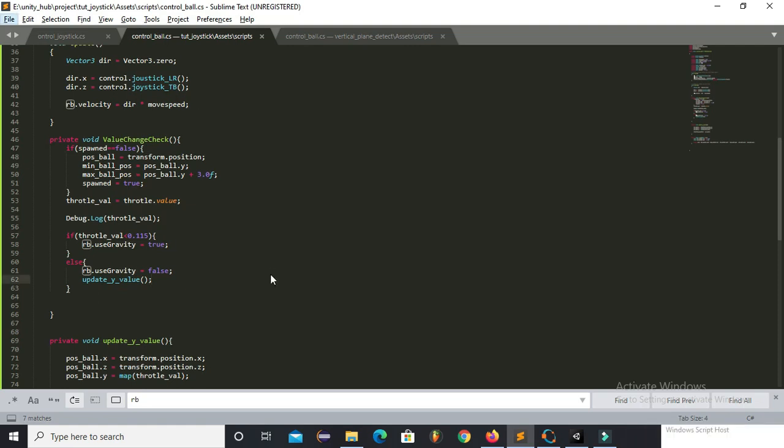If I were using RB.addForce instead of RB.velocity, then when the ball is in the air and you are applying RB.addForce, meaning force to the rigid body, you are applying force to a body which is present in space, because we are turning off gravity when the ball is in the air and turning on the gravity when the ball is on the ground.